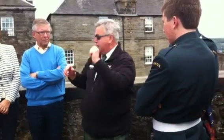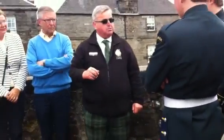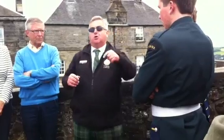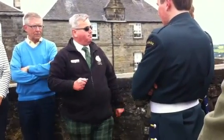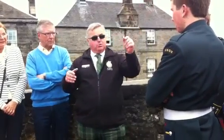These are sentry boxes. These are the outer defences built between the years of 1708 and 1714 to strengthen the castle's defences, while at the same time to counter the rising Jacobite threat in Scotland at that time. And 300 years ago, the Overport Battery was a gun platform. At that time, the cannon would sit here, pointing down towards the town, the countryside below, to defend the castle